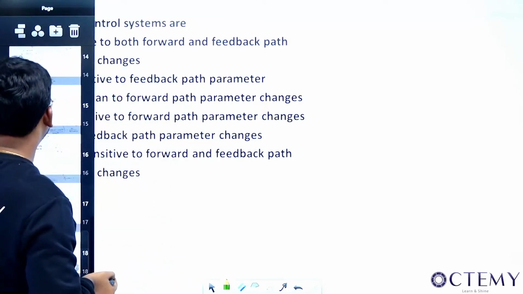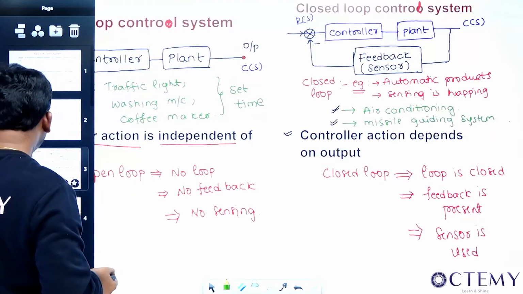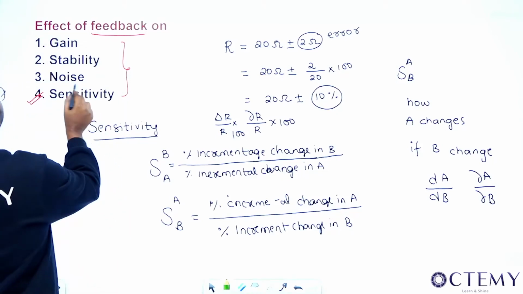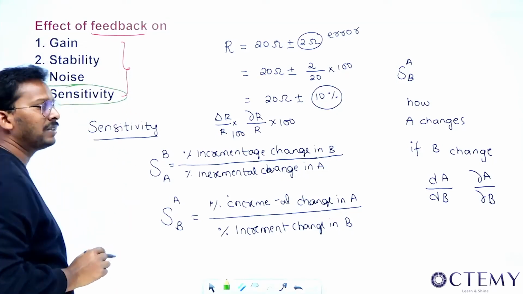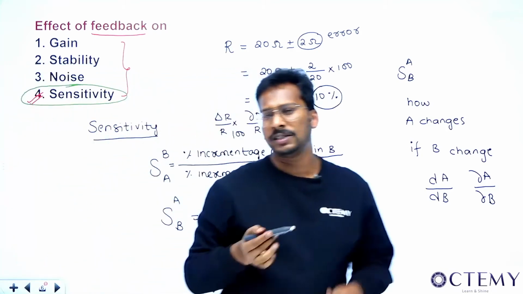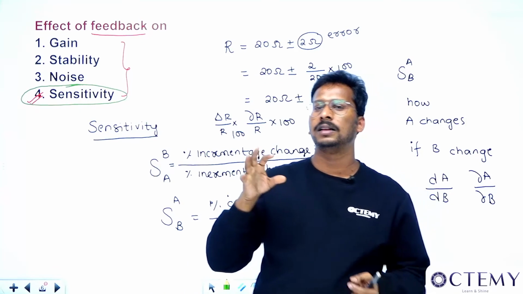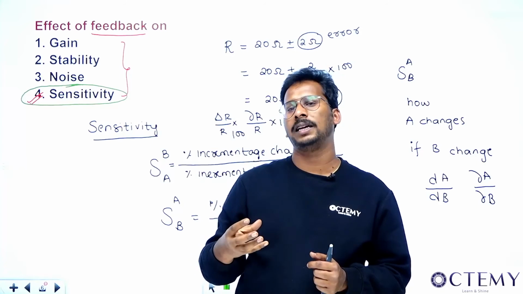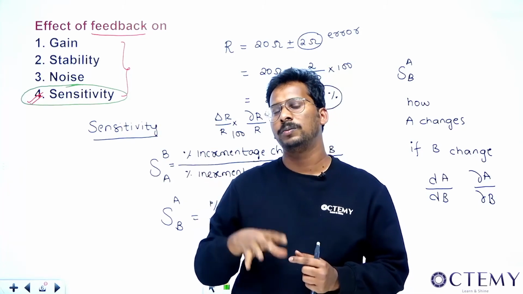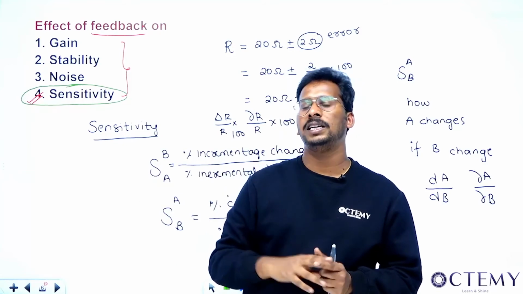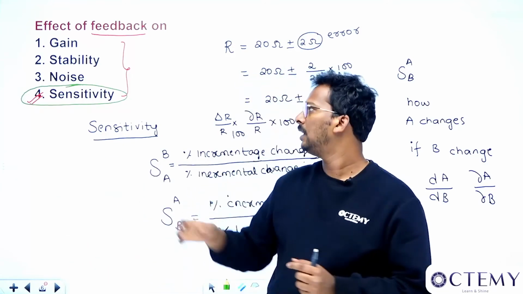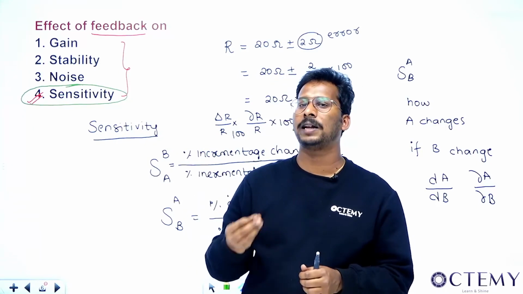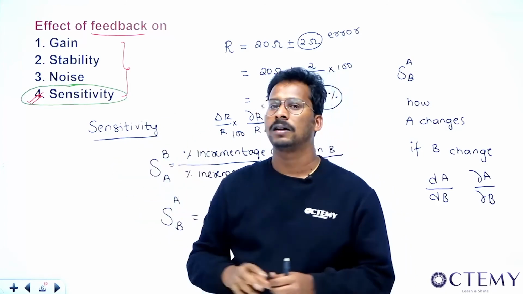If you remember, in the last class we were doing this, sir. In the last class, we started from here, the effect of feedback. We have seen the effect on sensitivity, sir. What happens if you put feedback? If you put negative feedback, which generally we do, the variations in forward path gains will be less, whereas the variations due to feedback path gain will be more, right? In open loop, whatever is the variation in G will be reflected in M as well as C, right? So sensitivity will decrease. That is, variation of parameters will decrease because of keeping the closed loop system, right?